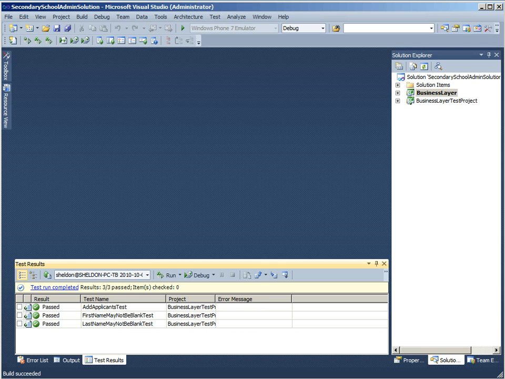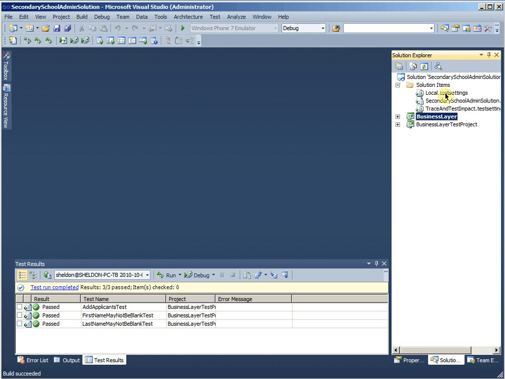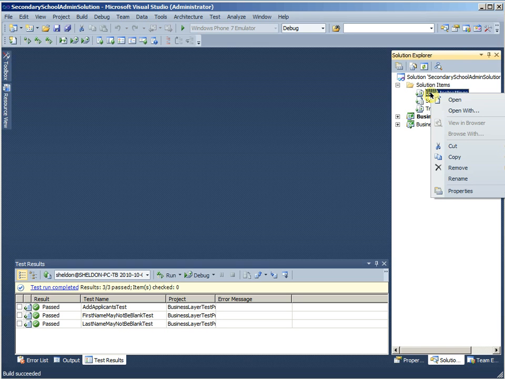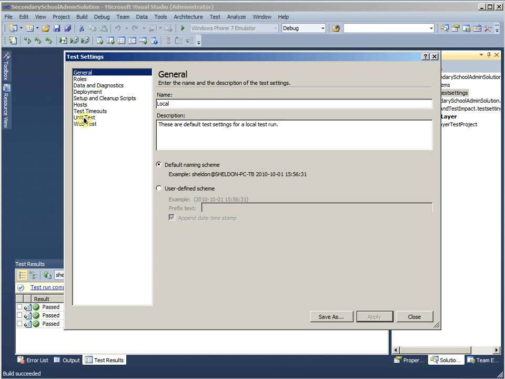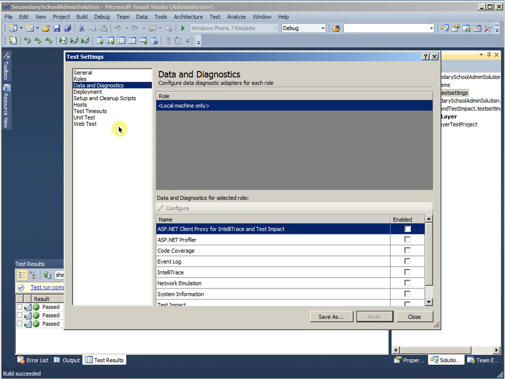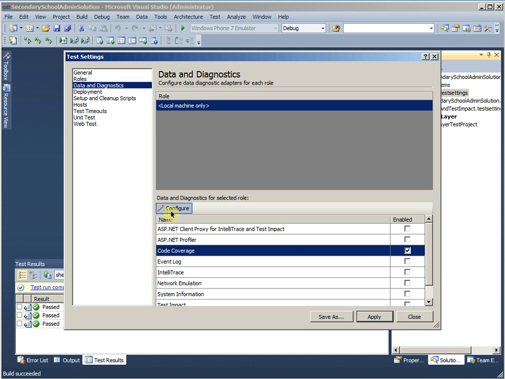And it takes a bit of configuration to get this working with Visual Studio 2005, but let's run through it very quickly. The first thing that you want to do is to come up here into the solution files and open up the local test settings. Inside of here you'll see that there's data and diagnostics, and here's code coverage, which needs to be checked. You'll see that you actually need to configure